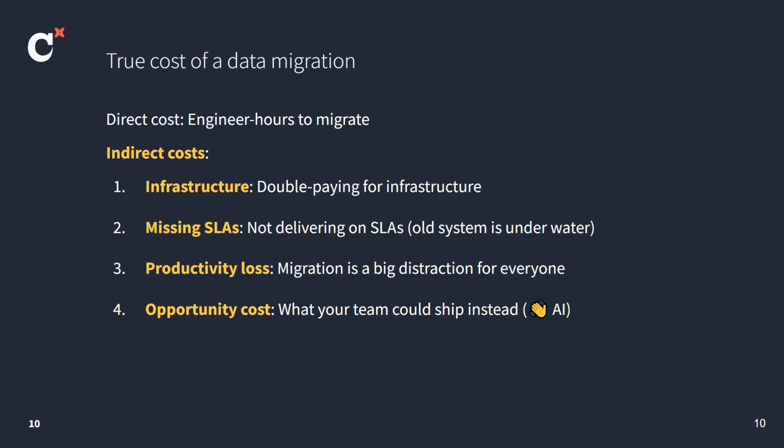You're probably missing SLAs because, well, you're doing a migration because the old system is already kind of not really supporting them. It's a mess, so you're not as productive, you're constantly distracted, your team is distracted. But the biggest thing is the opportunity cost. While you're doing the migration, you're not really spending time and attention building what your business needs in full power, right? You're essentially dealing with technical debt, and business stakeholders